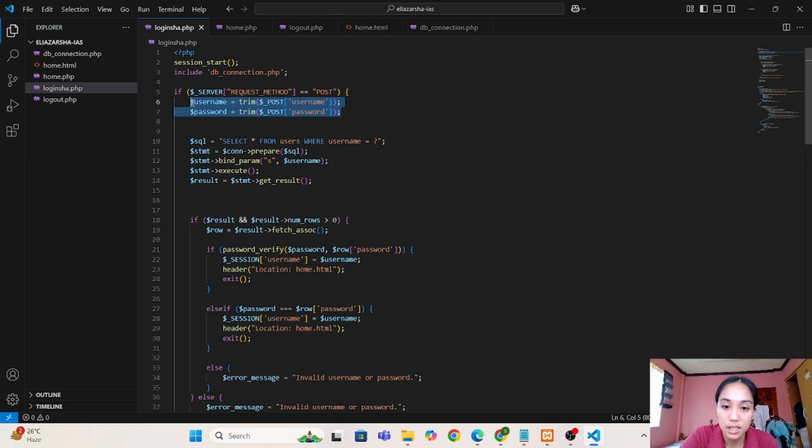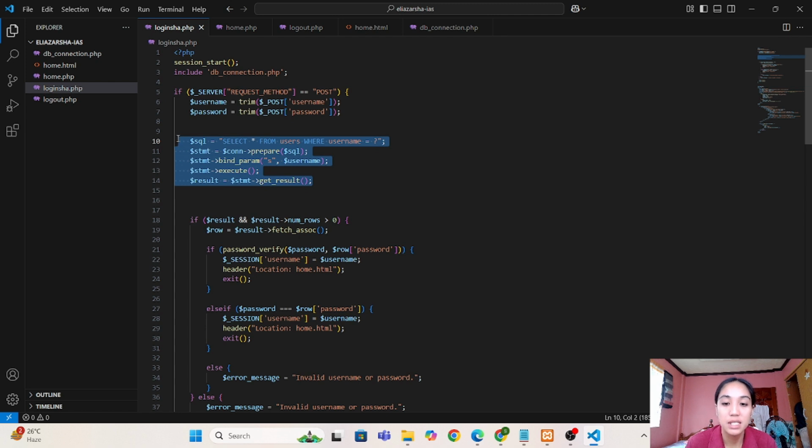The next one is this SQL and STMT, etc. Here's where things get more secure. Instead of directly inserting values into our query, we use prepared statements to prevent SQL injection. So, ito po yun.